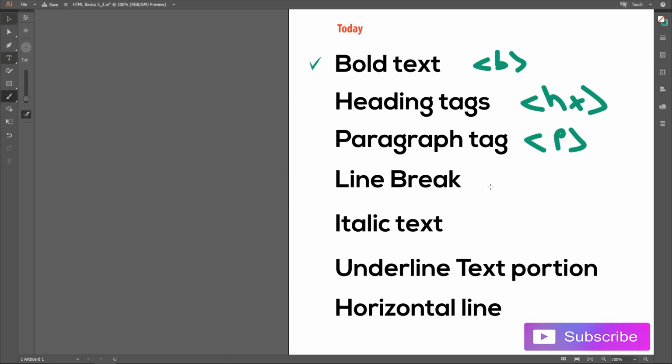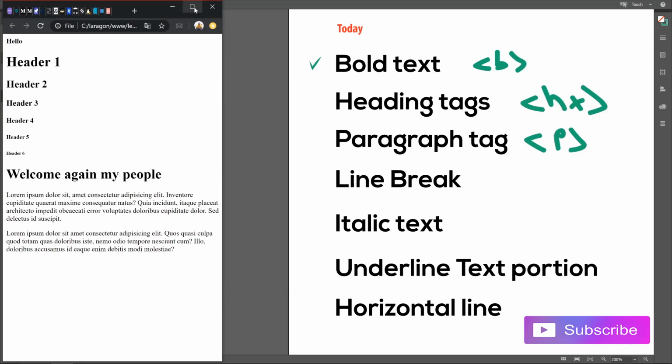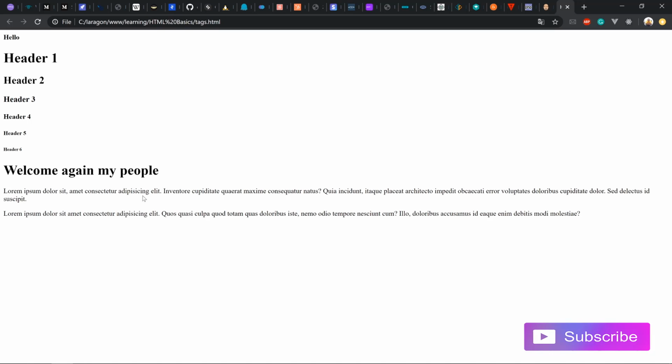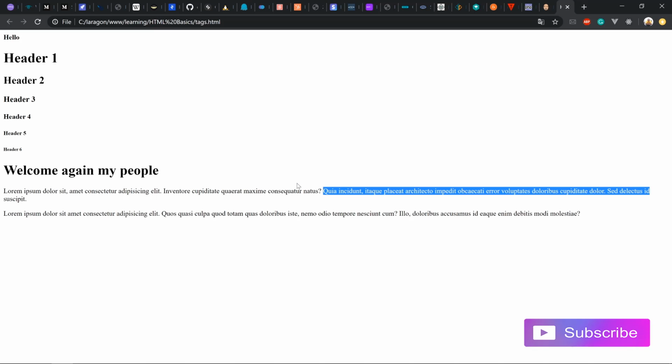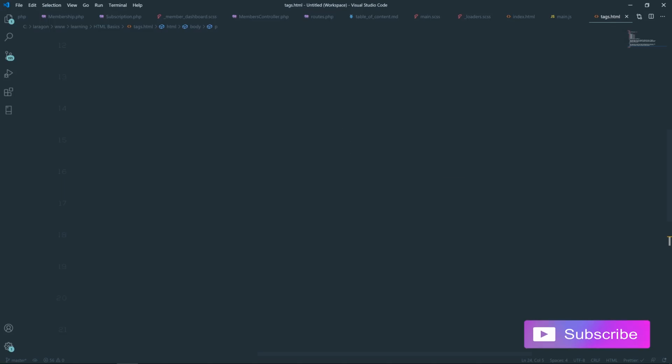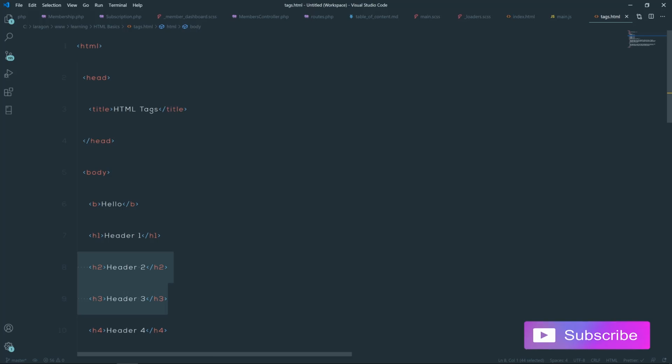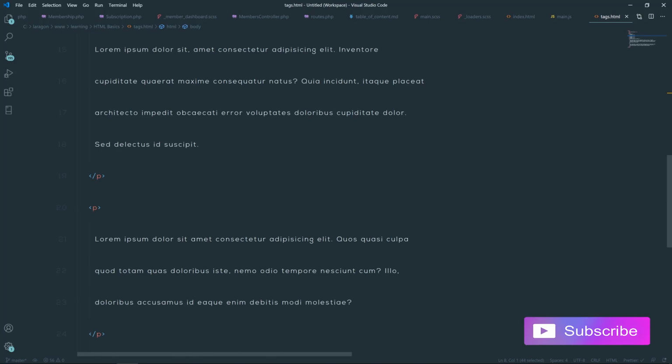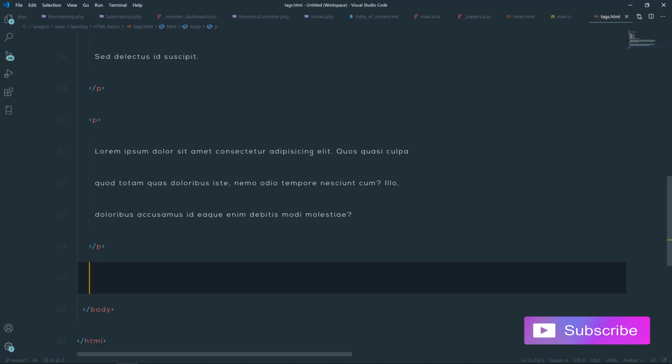The line break tag actually allows us to break the lines. So for example, if we have this text here and we don't want to continue writing up to here, we can break the line from this place. So it's in between the text. You decide to just cut the text at some point and continue in the next line. So to do that, I'm going to write a different text here. So I'm going to say,